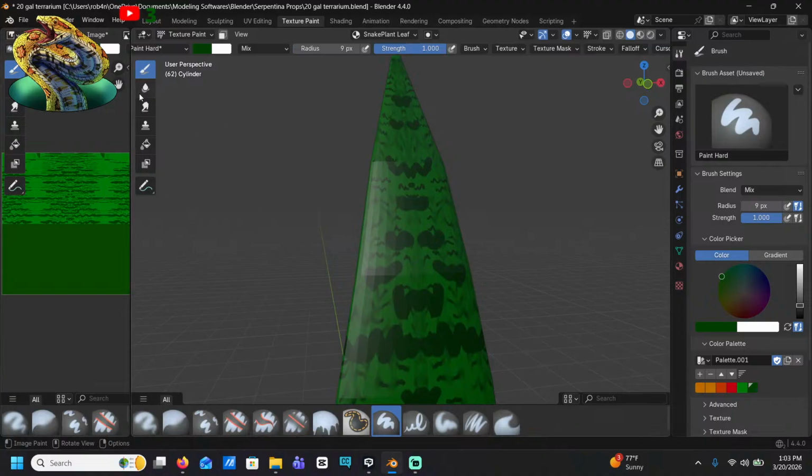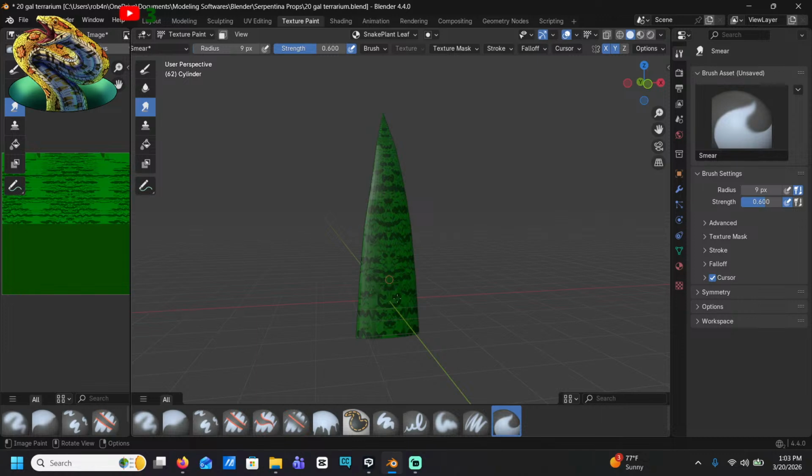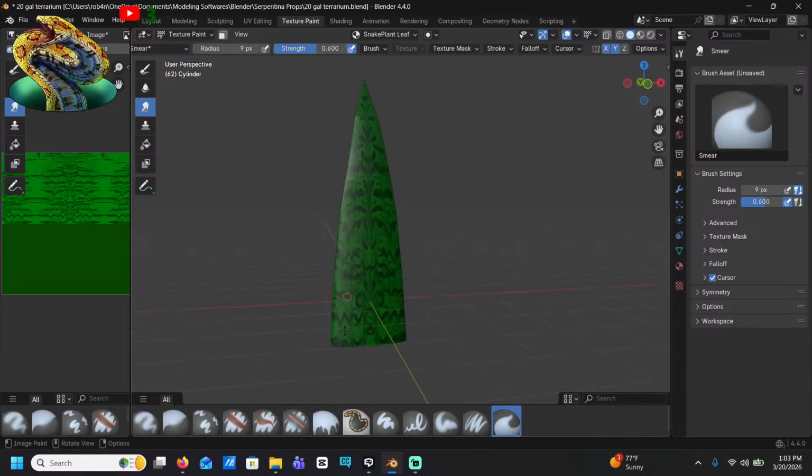A butterfly. I'm gonna break the whole thing. Yeah, it looks pretty good from a distance.